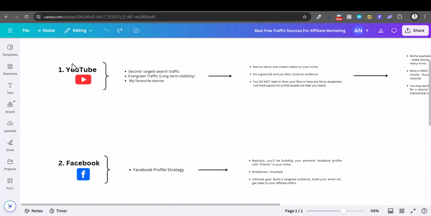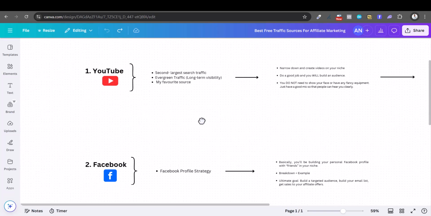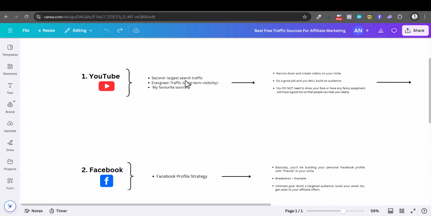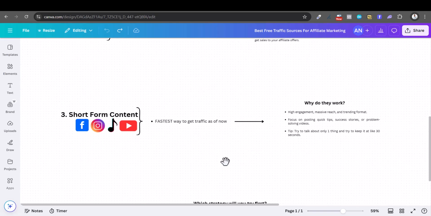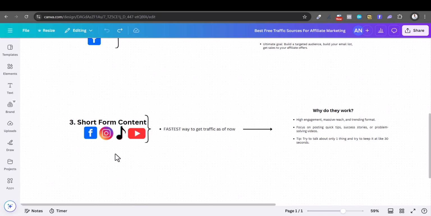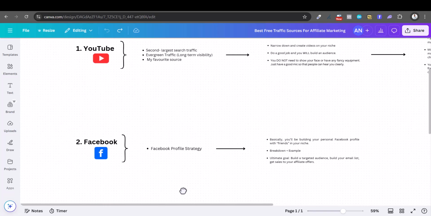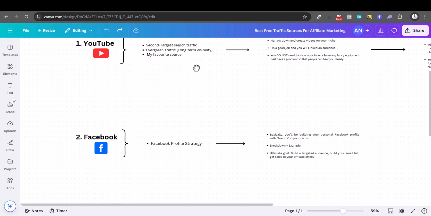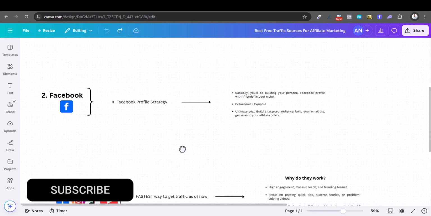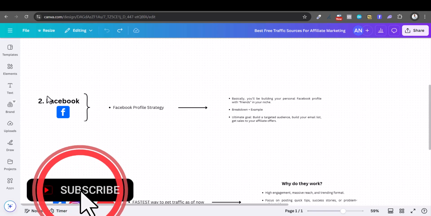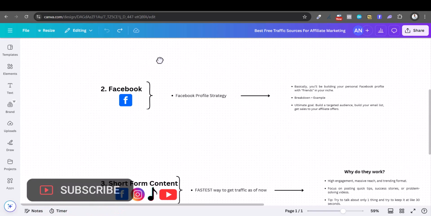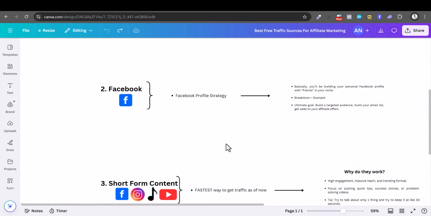You can have a YouTube, you can have a Facebook, and you can mix and match this strategy, interconnect them, send people from YouTube to Facebook, send people from Facebook to YouTube. Same with the shorts. So in the beginning, focus on one. If you're going to do short form, focus on one, and slowly build up the long form content as well. If you're going to do long form, focus on that and slowly build up the short form content. Build up a profile on Facebook as well, so that you have a social media presence. You can actually do Twitter as well. I don't use that much, but it can change in the future.